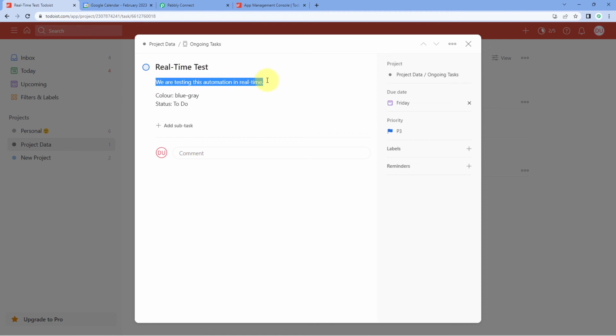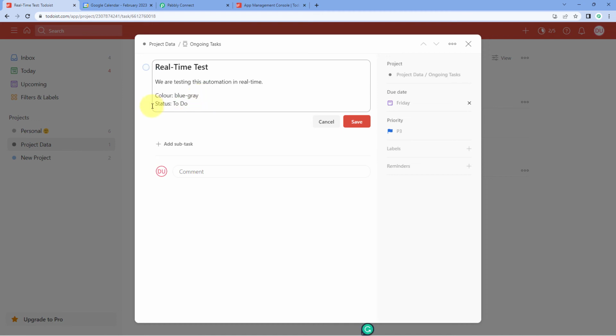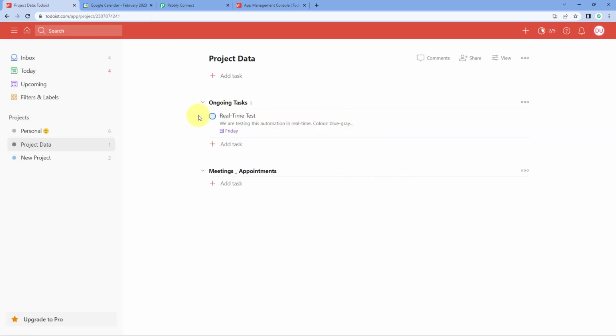The description of this task is we are testing this automation in real time. The color is blue and the status is to do. This is the description of this particular task over here. And the due date is on Friday, that is 17th of Feb. Now here's guys, we will see that as we mark this task as completed in Todoist, automatically within seconds, a